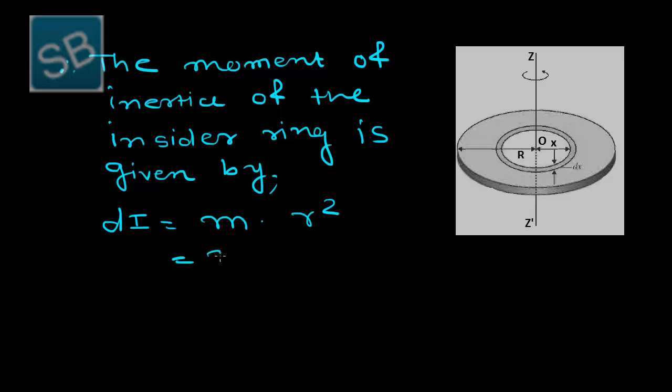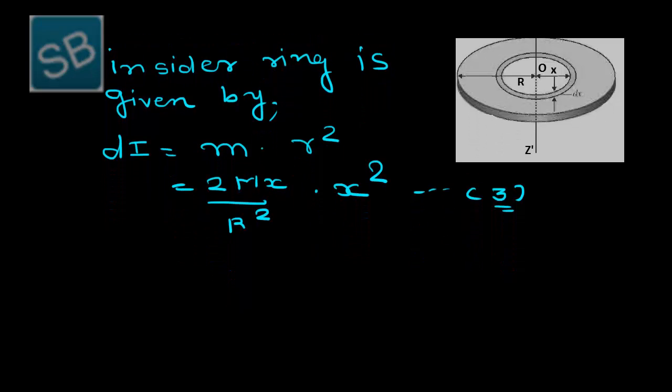Here the mass is given by twice M x over r square, and the radius of the ring is x, so its square. And now if we integrate this equation, that is equation number 3, then we can get the total